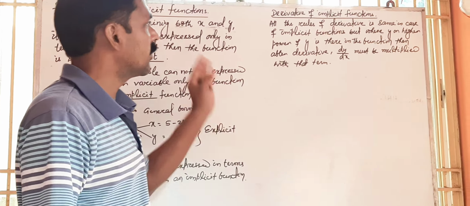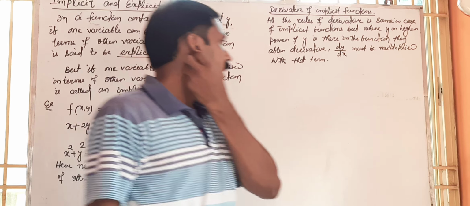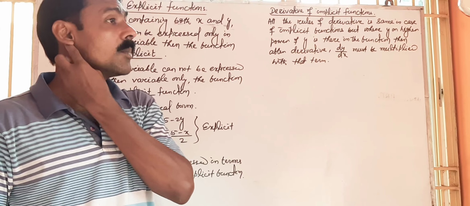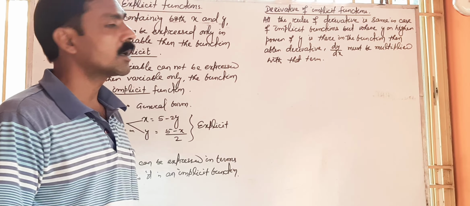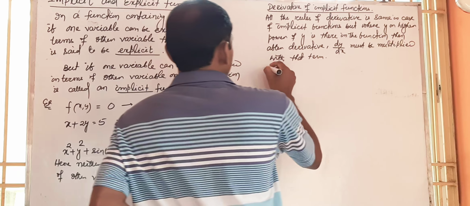What does it mean? Same rule, only you have to multiply dy by dx by the term containing y. For example,